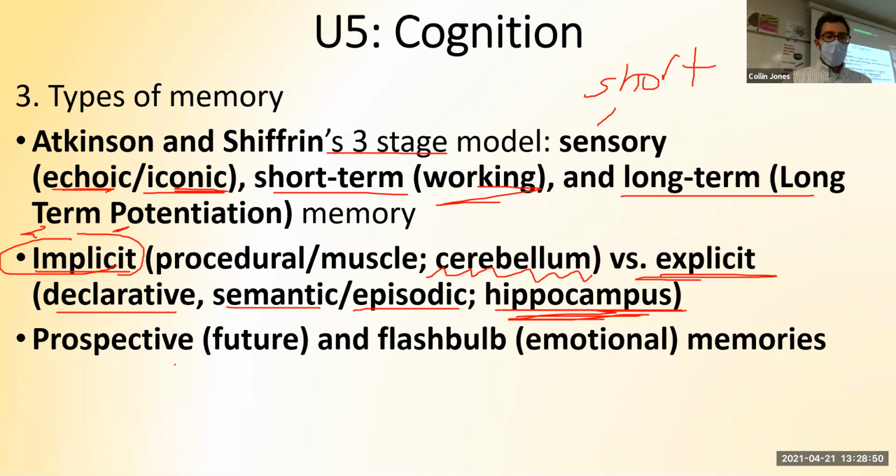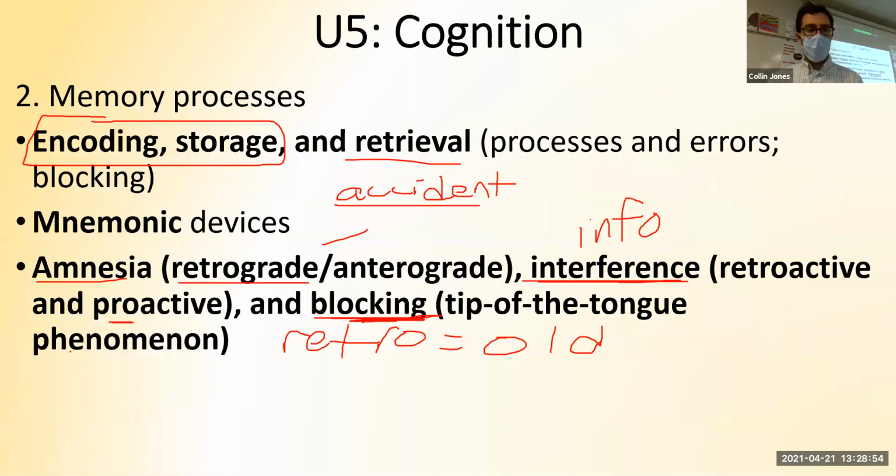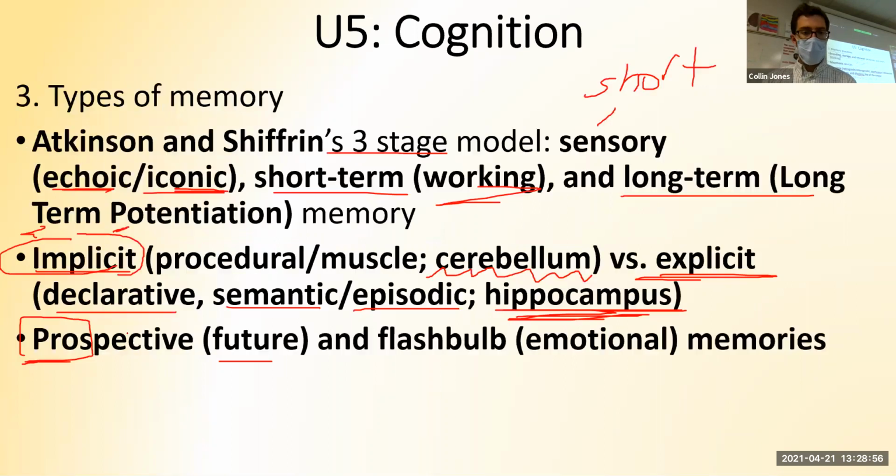Other types of memories. If you try to remember something for the future, again, just like with proactive, it's about memories for the future. Trying to remember what you're going to do when you get home, or what you've got to do on Saturday, or make sure you do this before prom. A flashbulb memory is something so powerful and emotional that it sticks with you forever. It's like that thing is frozen in your mind. It can be something really positive and good, or something really negative.